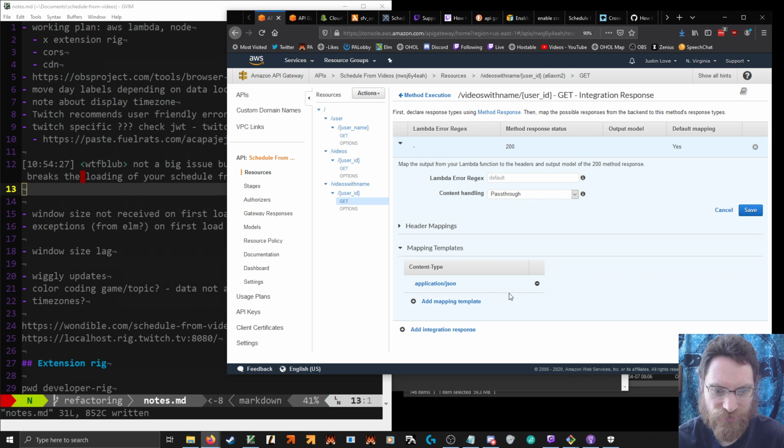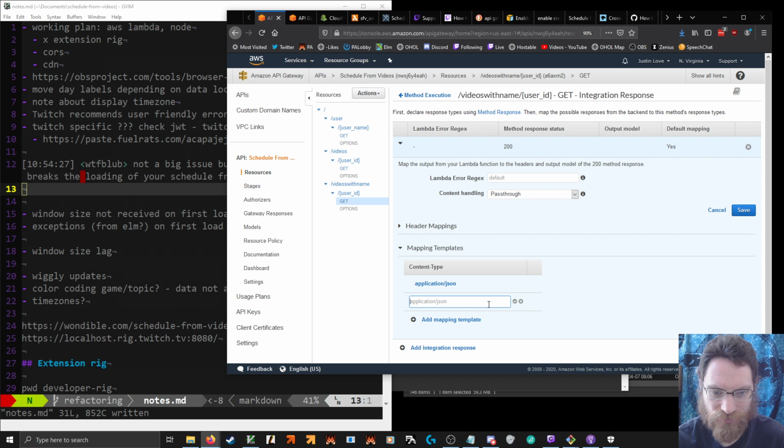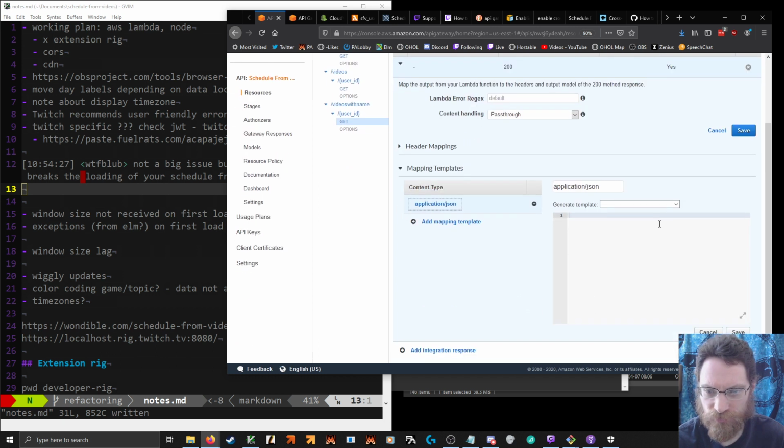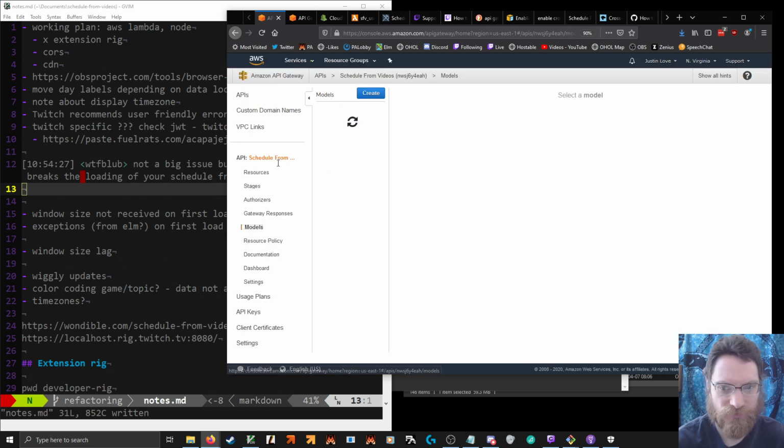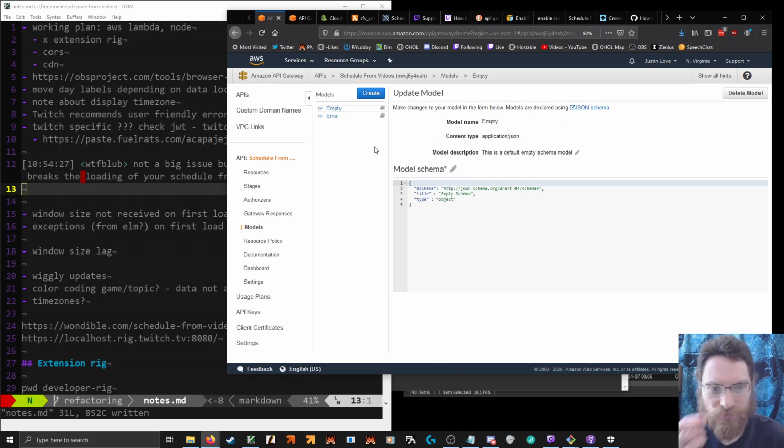Mapping templates, application JSON. Well, we've got application JSON. Generate template from models. Title empty schema. I don't think I was actually using these for anything.